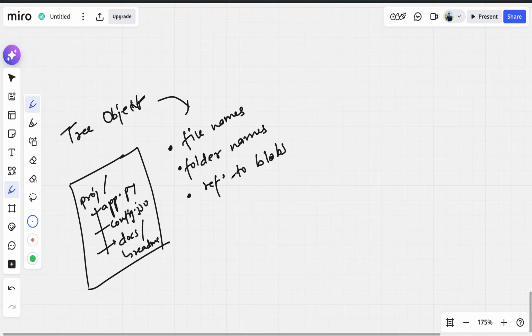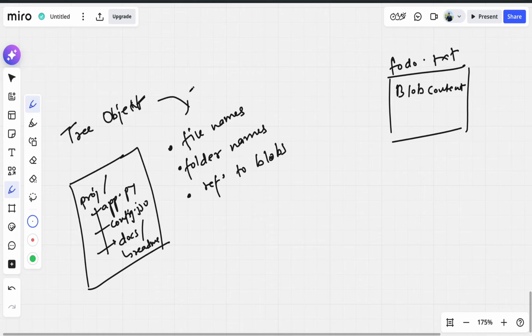So the tree simply says that this file name points to this blob, right? Let's say there's a blob inside a file, blob content, and the file name is, let's say, todo.txt. So it's the tree's job to map that todo.txt has this particular blob content, which is hello world,